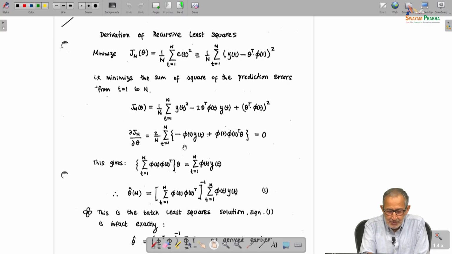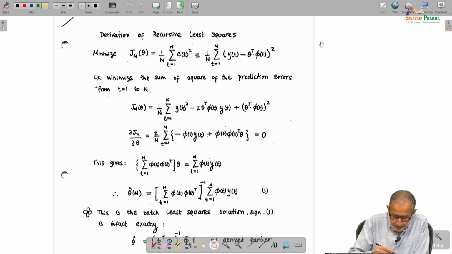So the next part of this talk is recursive identification. If we have data from a process, let's say we have past measured values of the output and the input, the question is, can we estimate the coefficient of the model? So here, remember, we had the model as